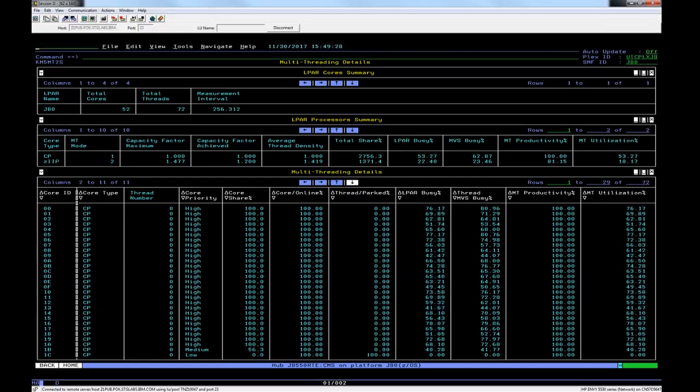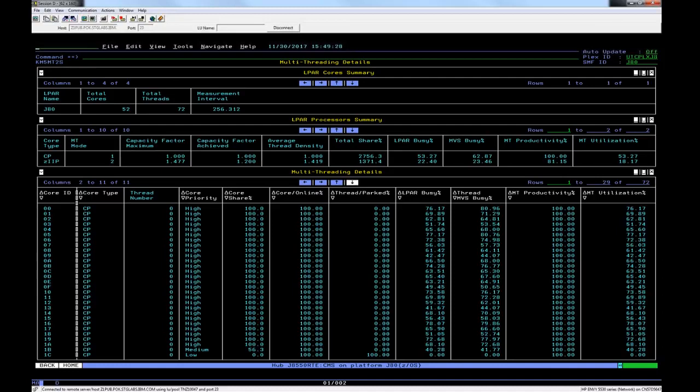The capacity factor maximum is an indication of the maximum ratio of thread processing on the physical processor, and 1.477, that's actually a capacity factor maximum that